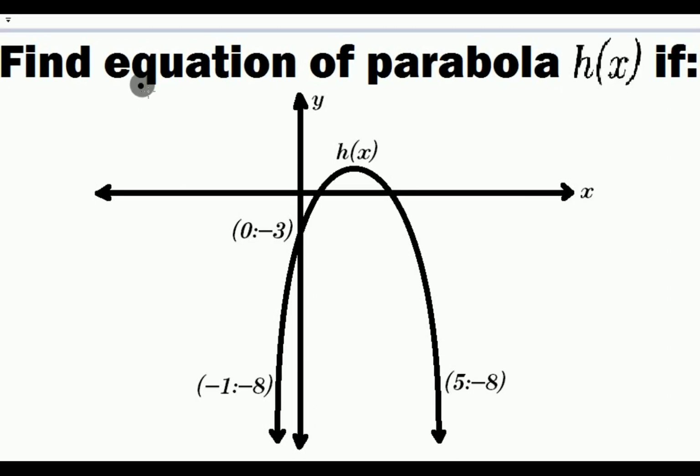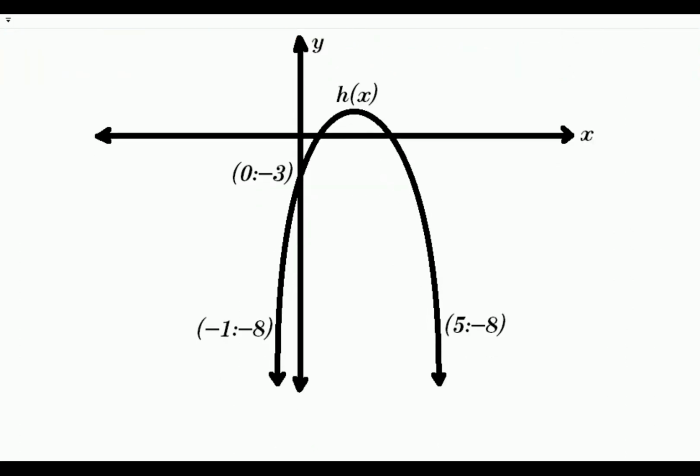Okay, the question says find the equation of a parabolic function h of x if we are given the sketch which is below. So this is the curve of the parabolic function h of x. What we are given are 3 points, namely the y-intercept which is (0, -3), and the other point which is (-1, -8), and also our third point which is (5, -8). So from here, what we are going to do,